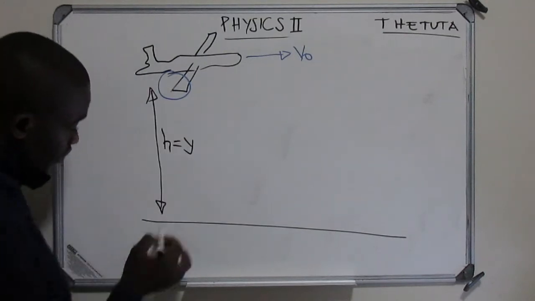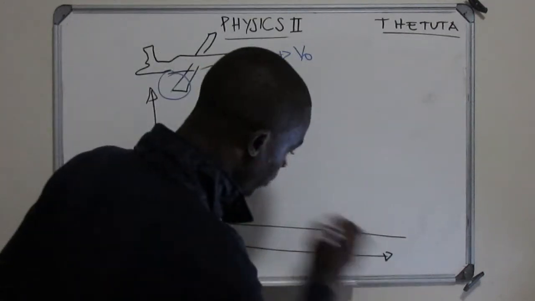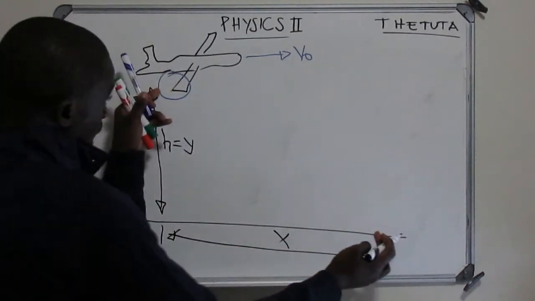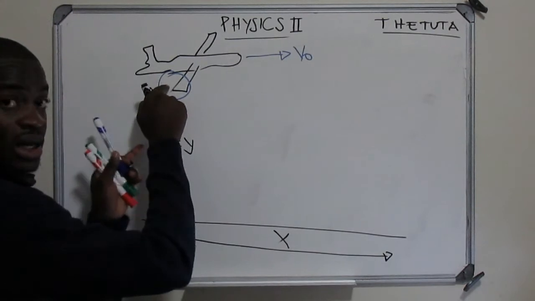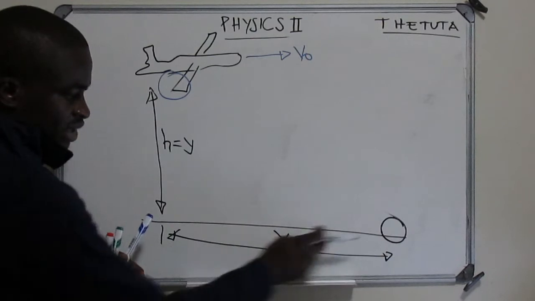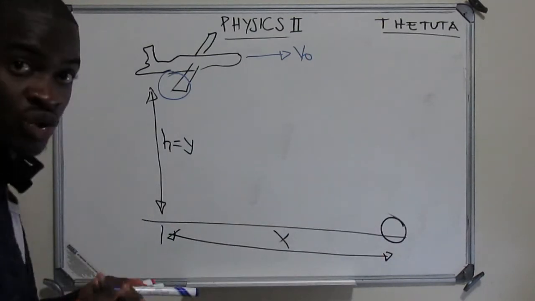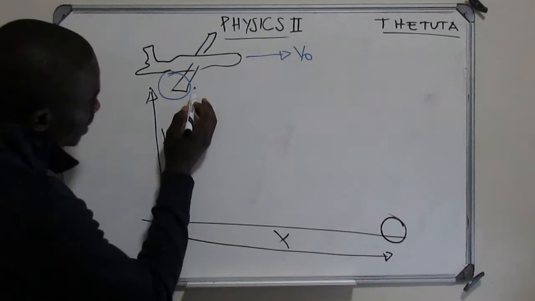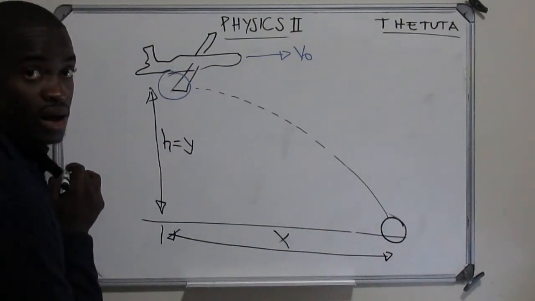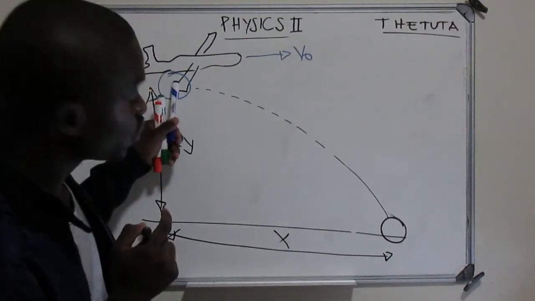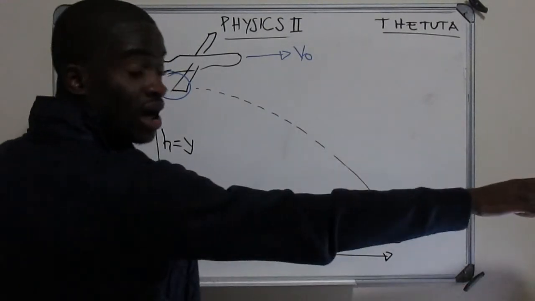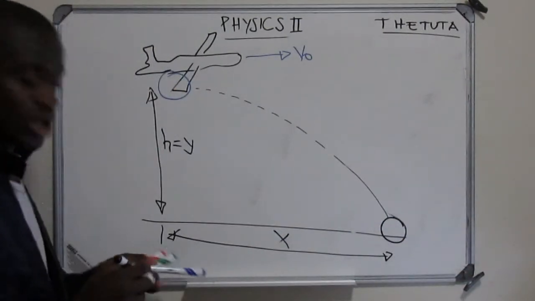And then from the initial point to where this bomb is going to fall, here we have our x. So this is from where we start dropping this package until where it's going to fall. Let's say for instance it fell there. So now you have a specific distance at which this object is going to fall down. But remember, this object is going to go in this direction like this. Can you see? So therefore you are now dealing with two velocities. We are dealing with the speed in x, and as well the speed in y. Can you see that?